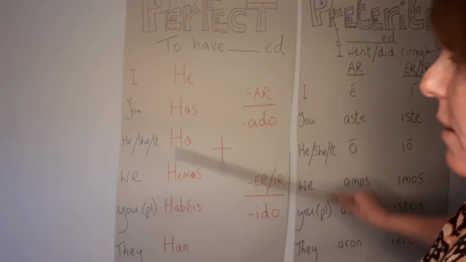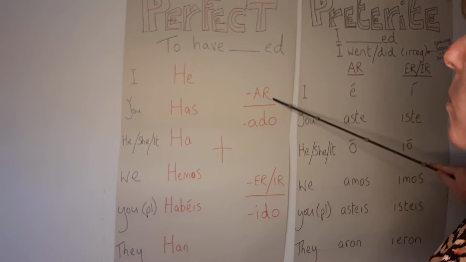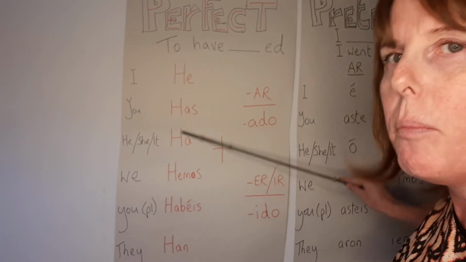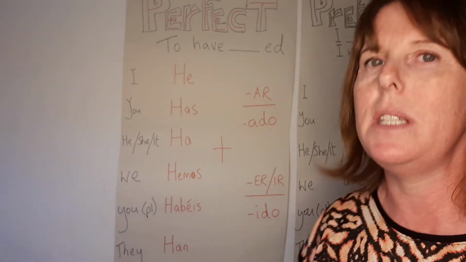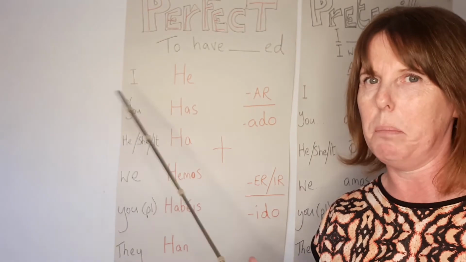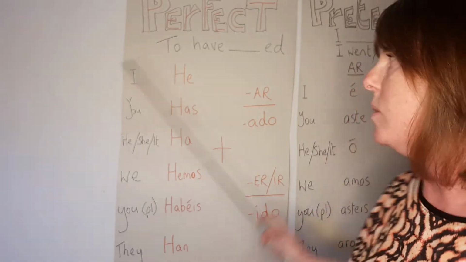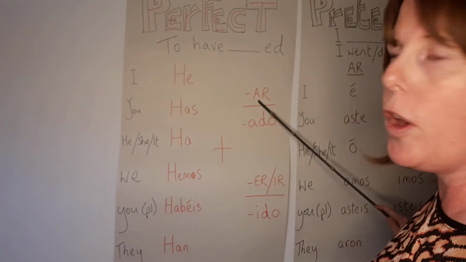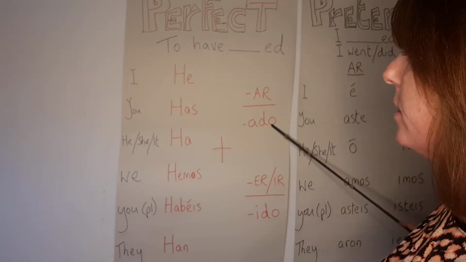Okay, so you will always have that bit. But this, you'll always use one of those, whichever one you need for the I have bit, which looks a little bit different to the verb tener, obviously, but you just use this particular pattern when you're using these tenses, you use this verb. So just stick one of them on, and then you knock your AR off the verb, stick an ado on the end, and you'll have it.